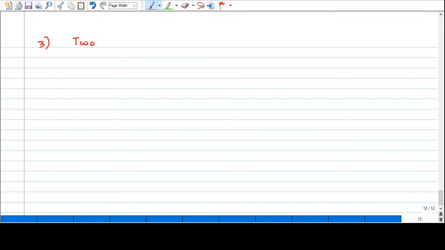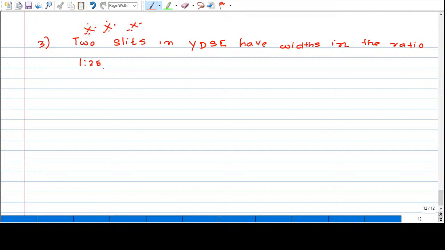Two slits in Young's double slit experiment. See, I am giving so much importance to the Young's double slit experiment. Two slits have widths in the ratio 1:25. It's a very, very important model. Remember,